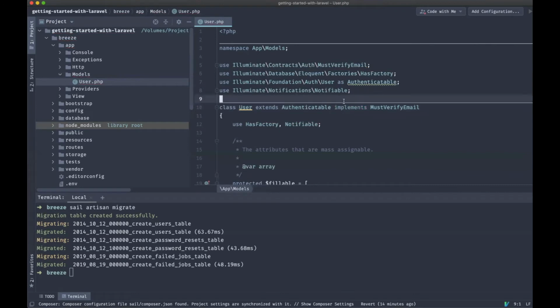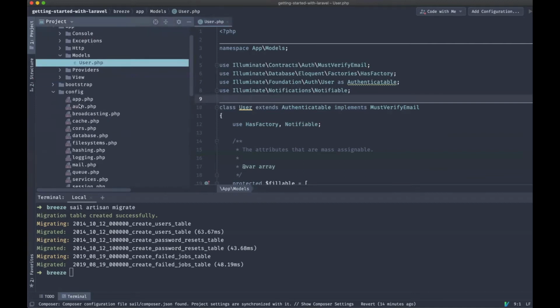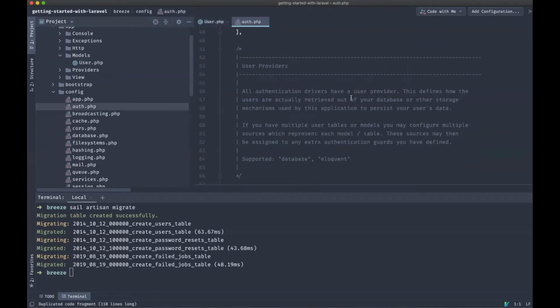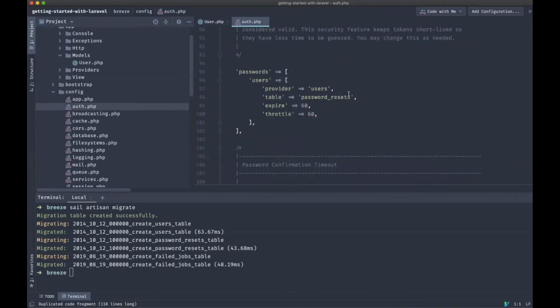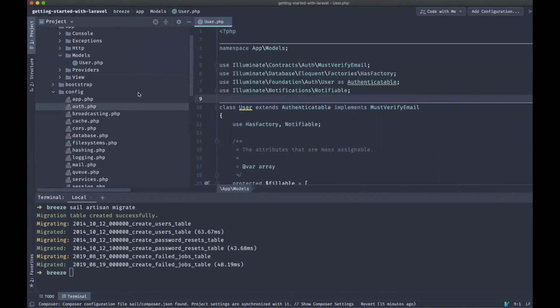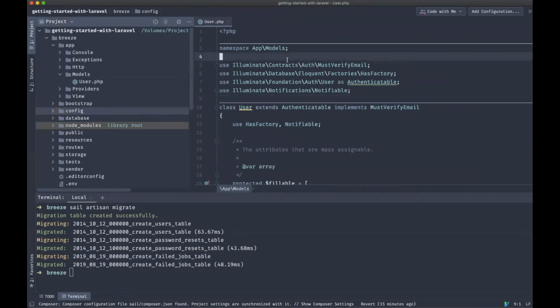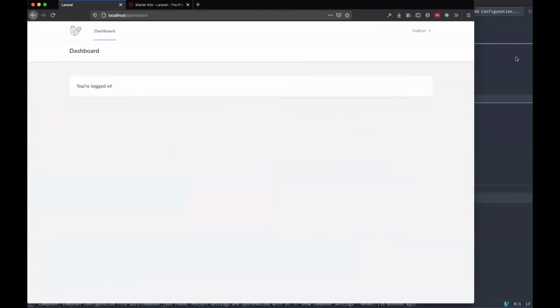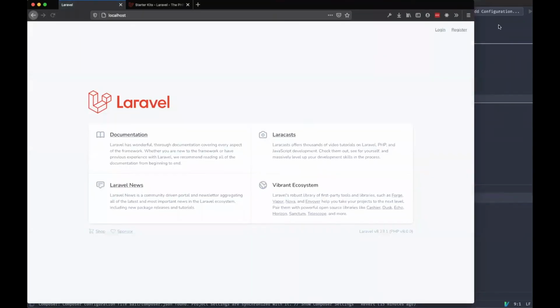I think, if I remember correctly, they might have added, we'll see if they add another option where you have to turn this on. Let me just make sure. I know if it's using not Fortify, you do have to enable something else, but I don't remember where it is either. I don't think this actually uses Fortify though, which we'll get to later. So if I go and try to register another account,